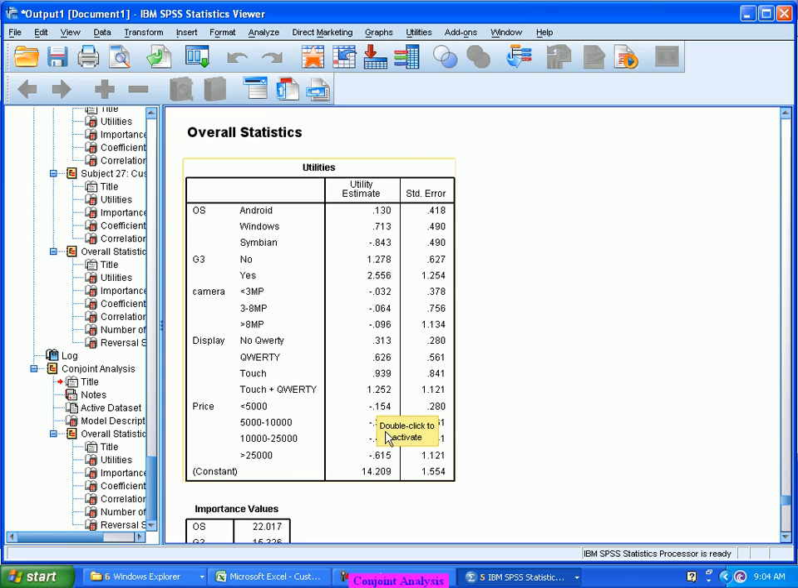Now if I see the relationship between price and utility, it is showing a negative relation, which means the higher the price, the lesser the utility. But what we are observing is there is not much of a difference: 0.15, 0.3, 0.46, 0.61. Still, the higher the price, the lesser the utility. Similarly, when we are looking at the display,